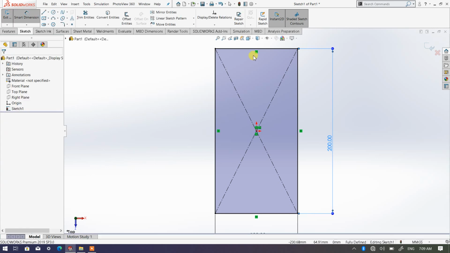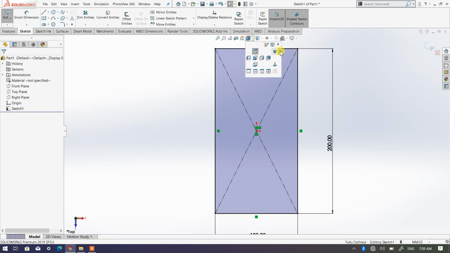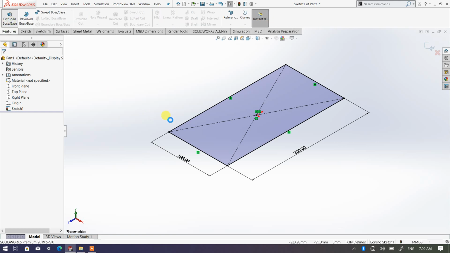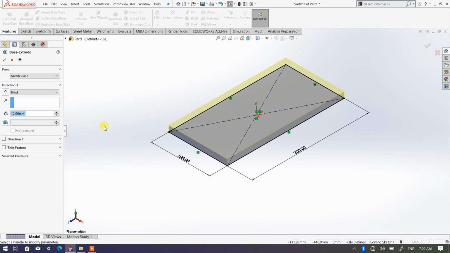Okay, and then I'm going to extrude this sketch with the height or thickness. Let's say I'm going to make it 30 mm. All right,